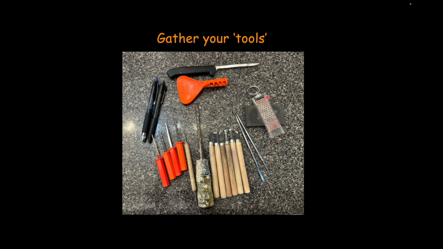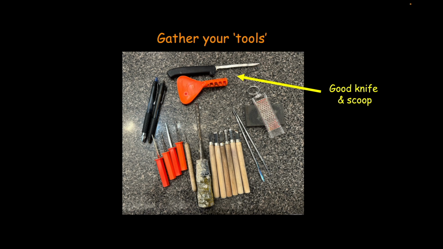Next thing you're going to have to do is gather your tools, right? So the tools that I use aren't really fancy. So this scoop and these saws all come from particular kits. Make sure you have some decent ballpoint pens. That's going to be important for tracing your pattern onto the pumpkin. Make sure you have a good sharp knife. I have a really thin blade knife that came in a pumpkin kit years ago, and I haven't been able to find any more of these, so I can't tell you where it came from.